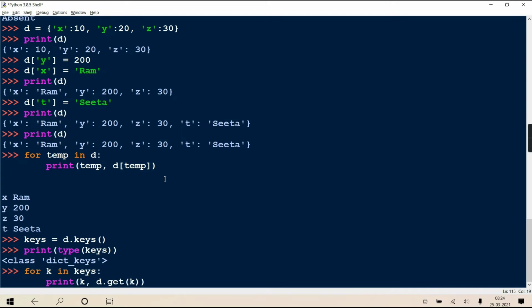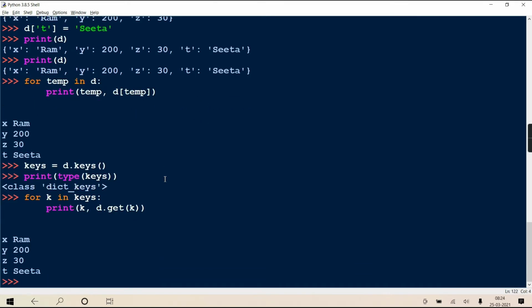Can I use the get method also? Now someone may say, instead of writing d dot get of k, can we write d of k? 100% valid. Same, d of k or d dot get of k. Hope it is clear.